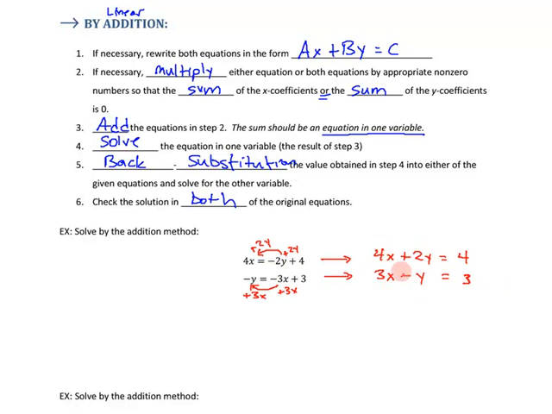Now if I just added them right now, I'd have 7 x's, I'd have 1 y, and I'd have 7 on the other side. I don't cancel the variable. But notice what happens if I choose to multiply this by 2. Notice how this is a positive 2. If I were to multiply this by a positive 2, this would become a negative 2 right here. And then when I added them up, 2 minus 2 gives me 0. Right? So what I'm going to do is I'm going to multiply equation 2 by